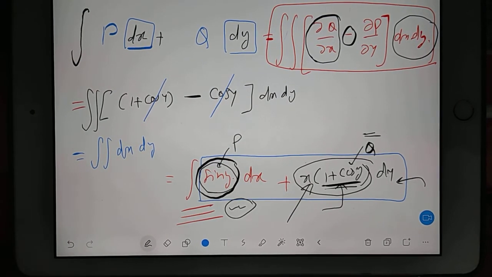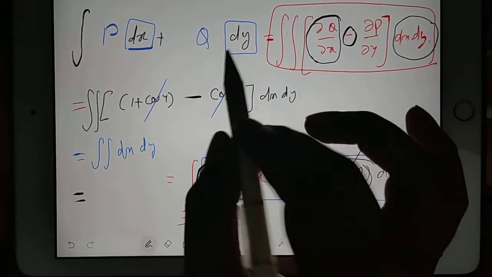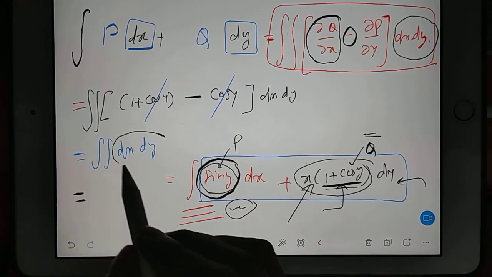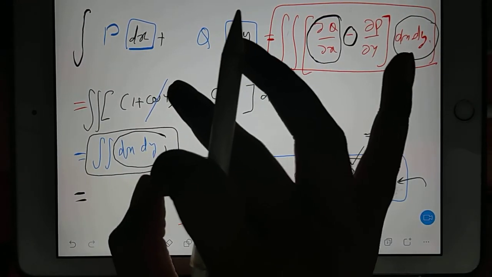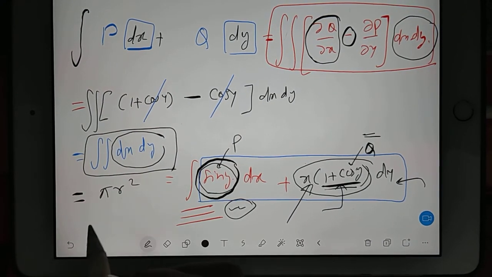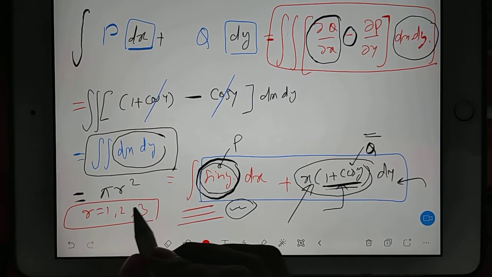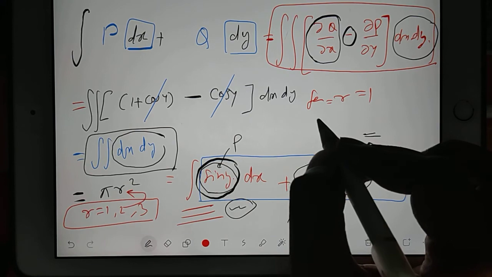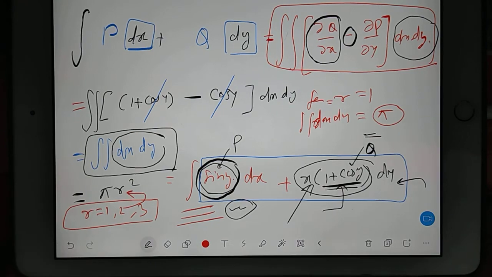Okay. And in the question, if the question is given for the circle and the area of the circle is mentioned, then this total is representing the area of the complete body. So the area of the complete body is nothing but pi r square. And if they mention that r is equal to 1 or 2 or 3, whatever radius is given, then we can substitute that value here. So for r equal to 1, your double integration dx dy will be pi alone. Okay, pi will be your answer.